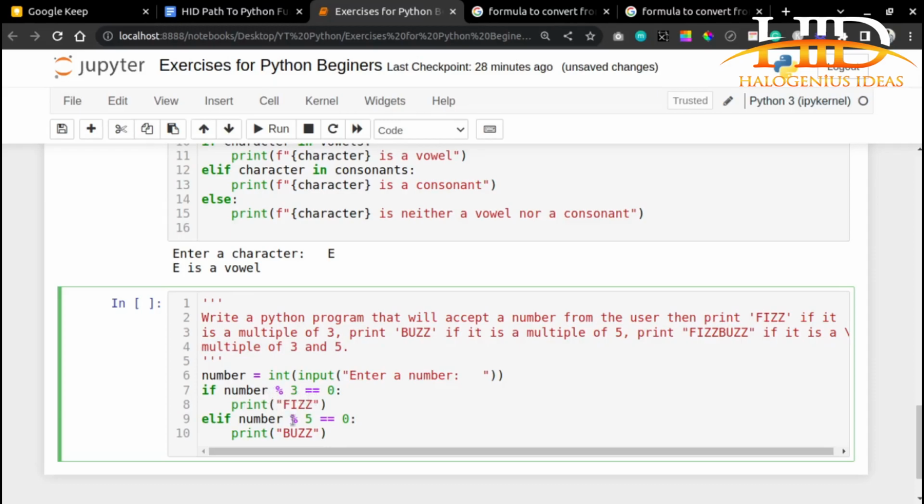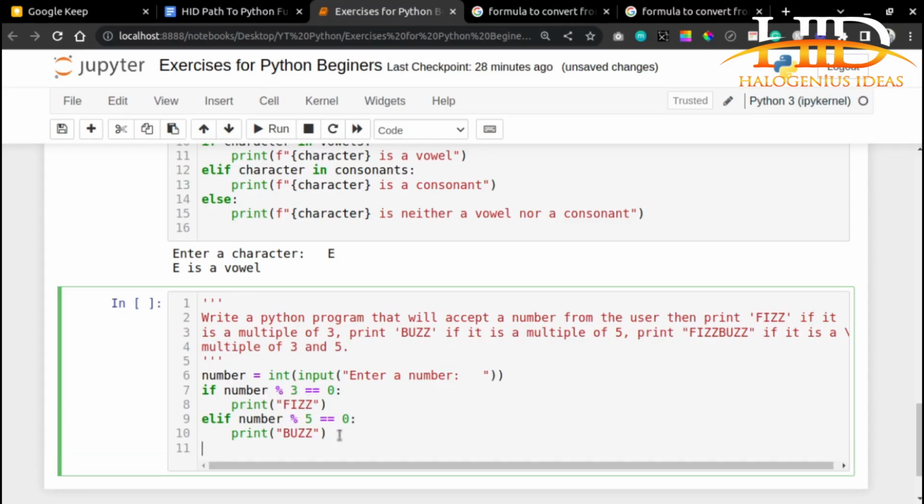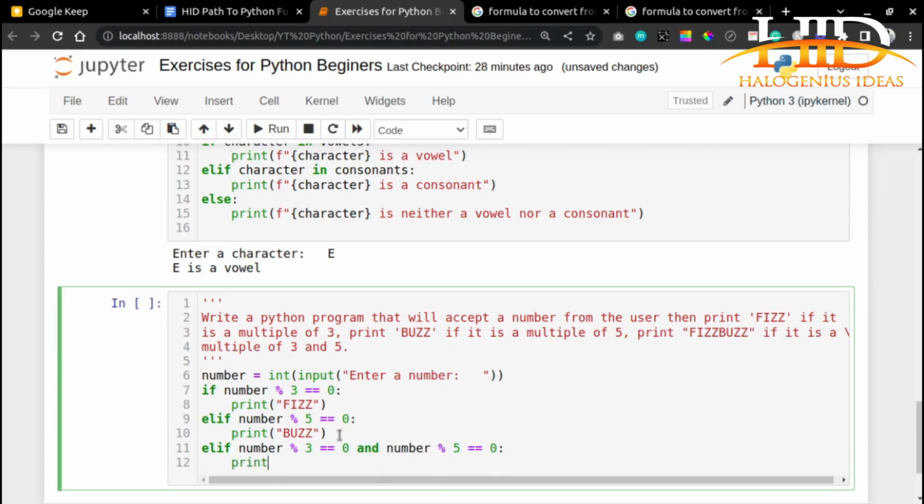The reason is because if I bring the test for 3 and 5 over here, number modulus 3 equal to 0 and number modulus 5 equal to 0, print fizzbuzz. Now if it is 15, for example, 15 is a multiple of 3 and 5, so it's a